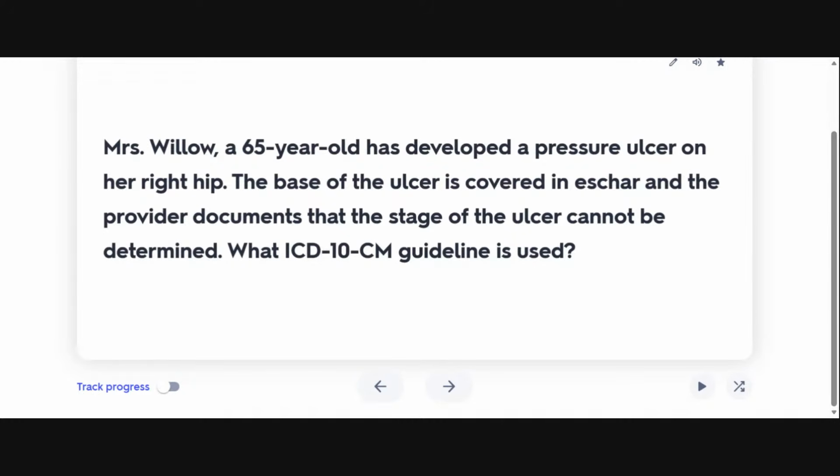All right. And indeed, I'm getting overwhelming responses. Well, why is there not an answer on there? Yes, everyone got it right. It is going to be IC12A2. I don't know why that's not on there. But yes, it is going to be IC12A2, the unstageable pressure ulcer. So that is what is going to be used. I don't know why there's just 3 dots on there, but yes, that is the code that we're going to be using 100%.